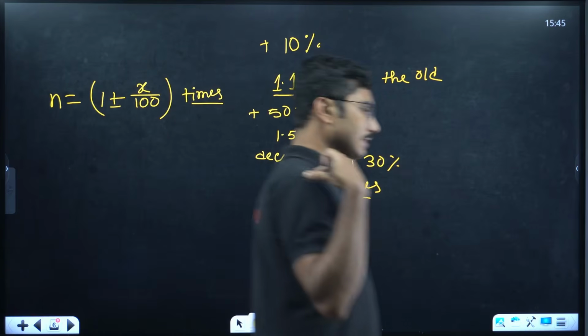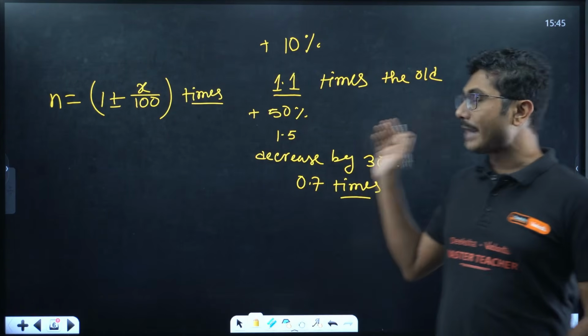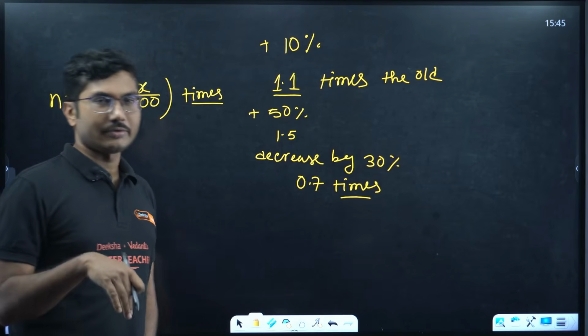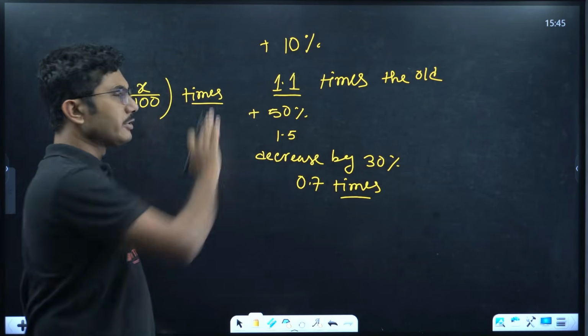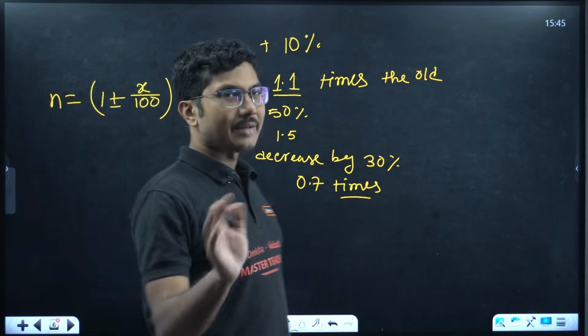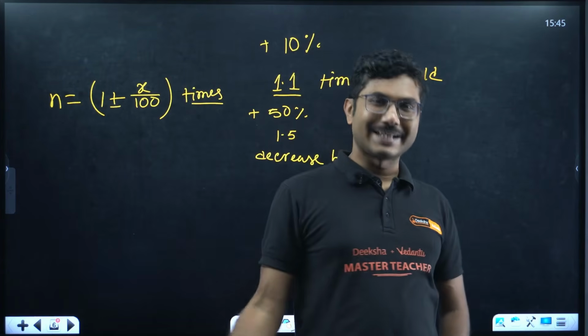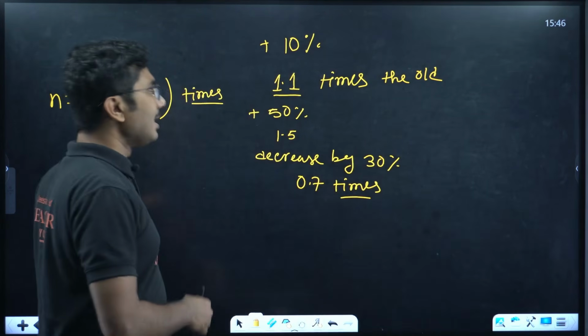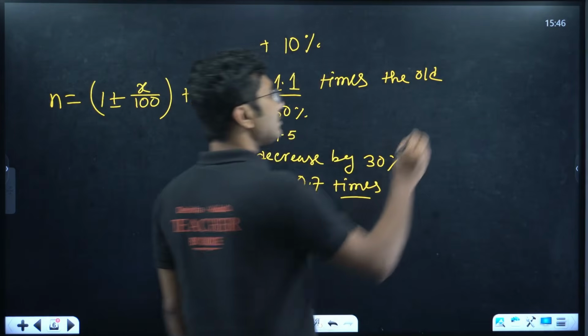Okay, if the length is increased by 10%, then you have to add it. If the length is decreased by say 10%, you have to subtract it from 1. Always your starting point will be 1. 1 times means obviously n square, 1 square is the same. So that's why you have to consider 1. So if the length is increased by 10%, n square will be